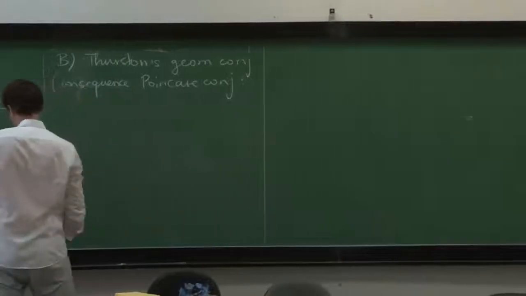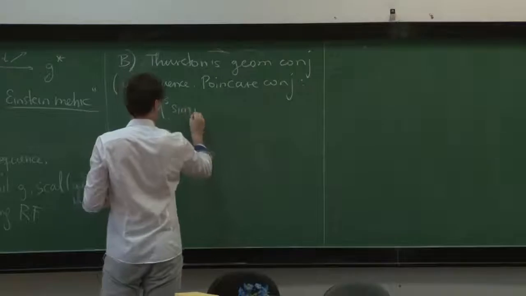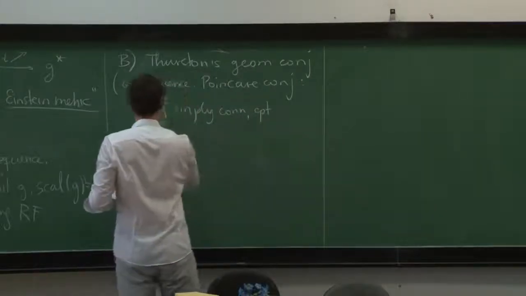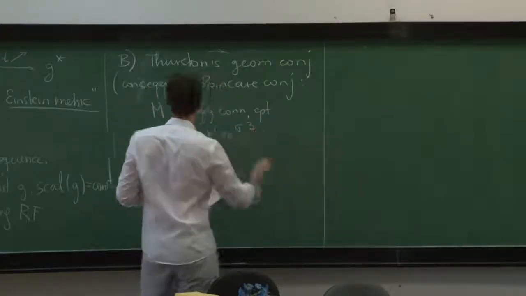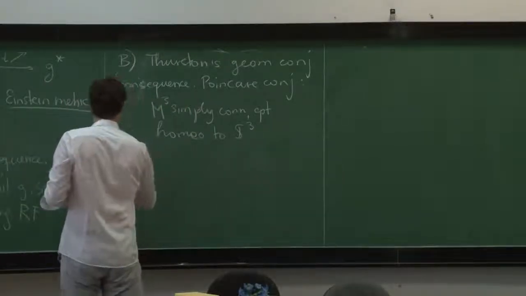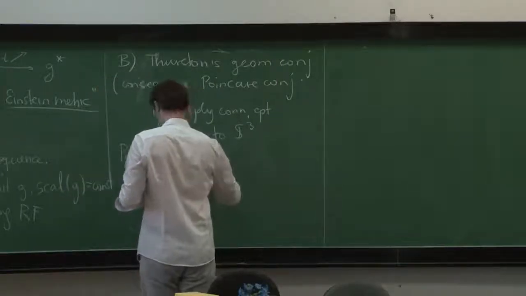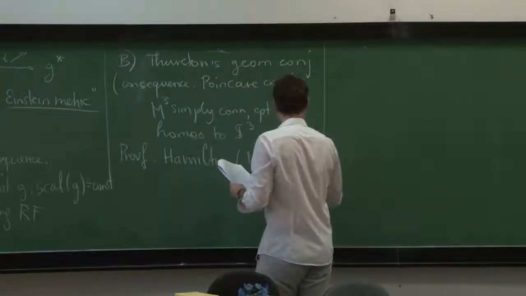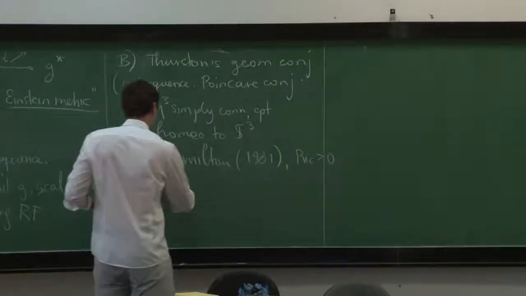The Poincaré conjecture tells me that M3, simply connected and compact, is actually homeomorphic to the 3-sphere. And this has been proved by Hamilton in 1981 in the case of the initial Ricci curvature being positive, and the general case has